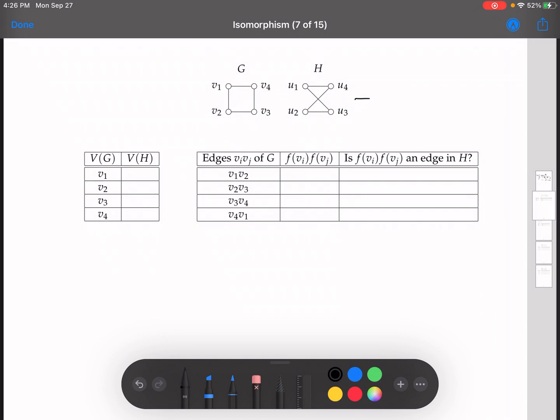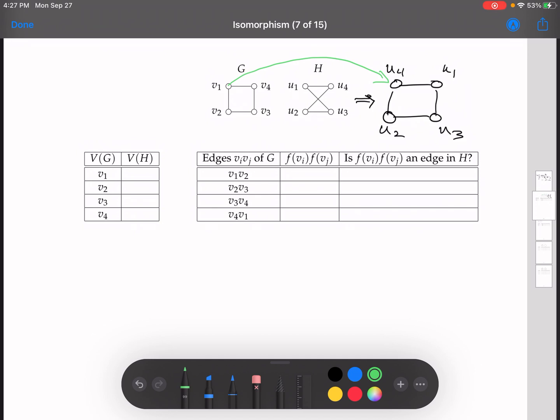All right, so first thing is think about unwinding H, like so. A couple different ways you could do that. You could move U2 over to where U3 is and U3 over to U2, or you could put U1 where U4 is and U4 where U1 is. Either way will work. I'm going to put U4 there, U1, U2, U3. Okay, so now our intuition tells us that